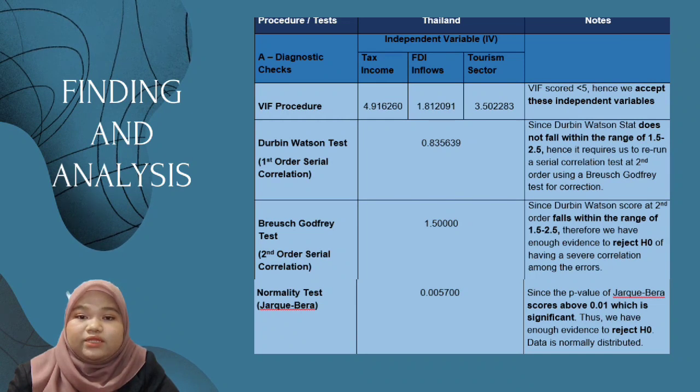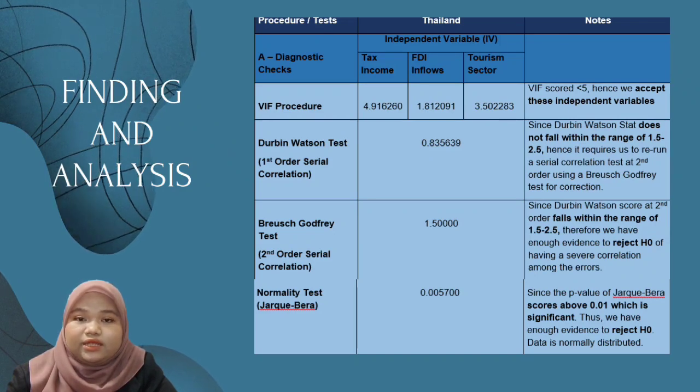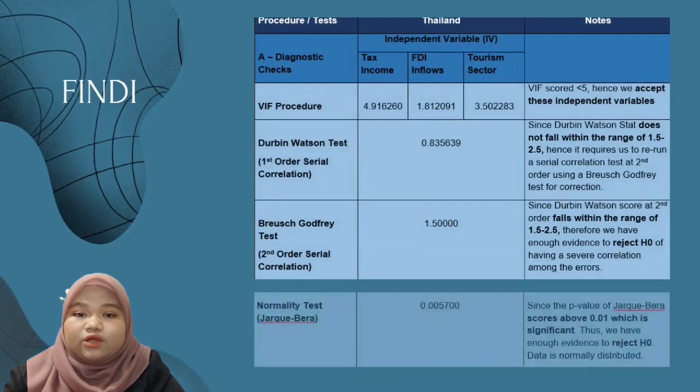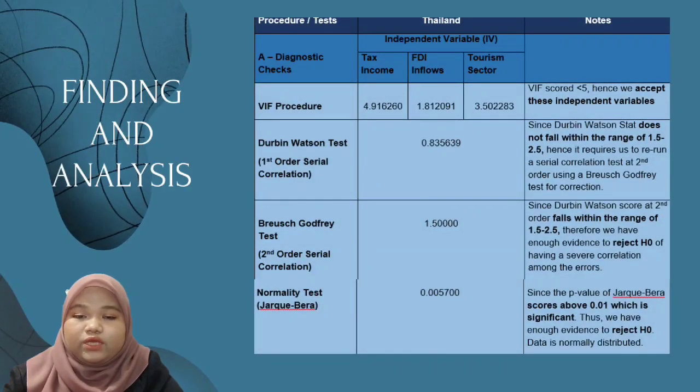For the Durbin-Watson test, the value is 0.835639, which does not fall within the range 1.5 to 2.5. Hence, I need to rerun the correlation test. After running the Breusch-Godfrey test, the Durbin-Watson value is 1.45419, rounded off to 1.5, which is between 1.5 and 2.5. As a result, I have sufficient evidence to reject H0 and conclude that the error terms are not serially correlated